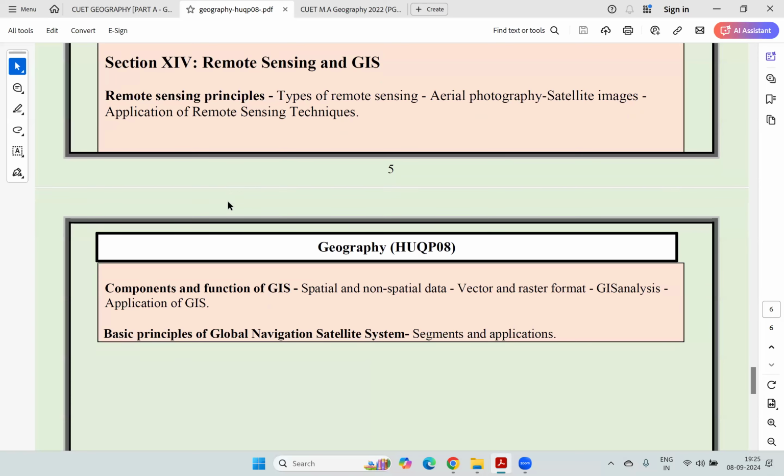Then something finally very important, that is remote sensing and GIS. This is a very important field, and you will be expected to know a lot about these two domains. So you should be able to talk of or learn the various theoretical and practical parts of remote sensing, GIS, GPS, aerial photos. So you can have a number of questions from this domain. All right. So this is something to keep in mind, and this is the syllabus.